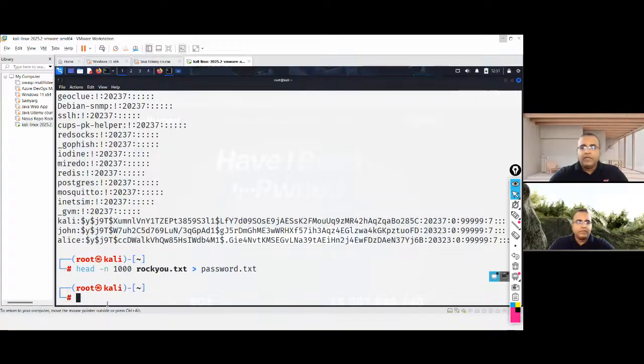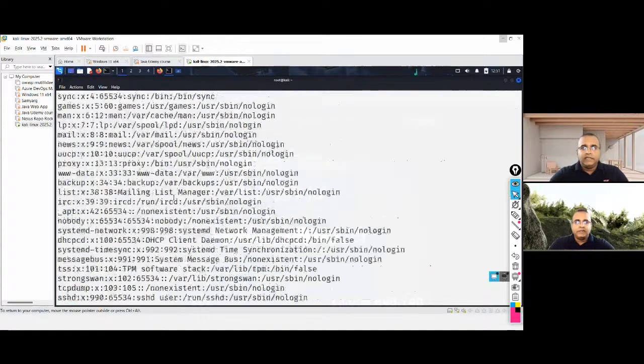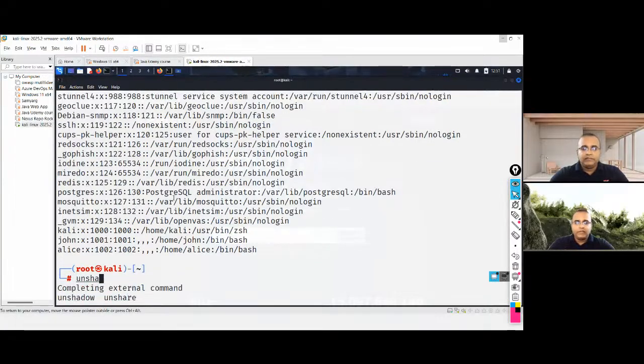First and foremost, there are two files for the user creation process. One is the etc passwd file, which contains certain information for us, and the other is the shadow file which we saw. We need to combine those two files together.